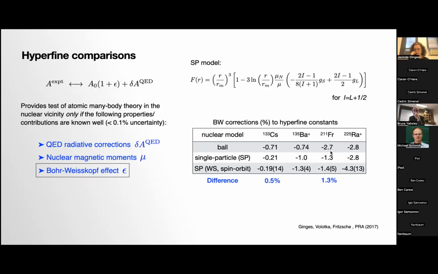For francium, the difference is huge, it's 1.3%. For cesium, it's also huge. So we can't be testing our hyperfine structure at the level of less than 0.1% if the difference even between the model that's been used over many years, which is the Bohr one, and the single particle model is 0.5%. This difference is as large as we thought the theory was good to. Obviously this means that if the single particle model is the more well-motivated theory and is the correct model, then all the results that have been done over the last years for hyperfine structure should be shifted and corrected by 0.5%. So that's a huge correction.